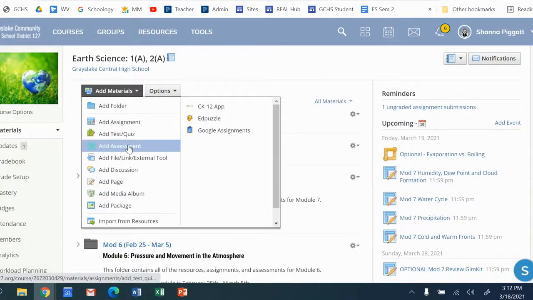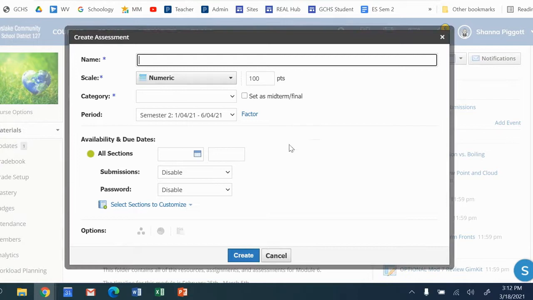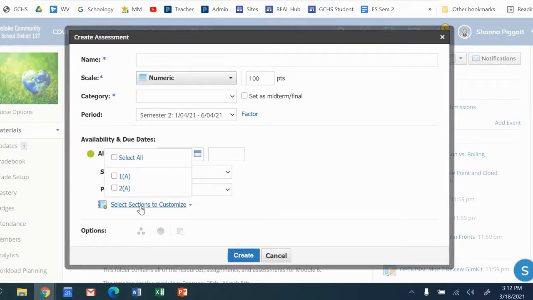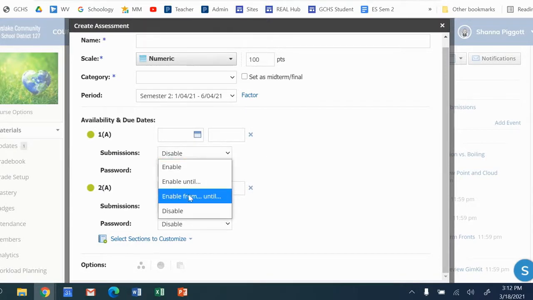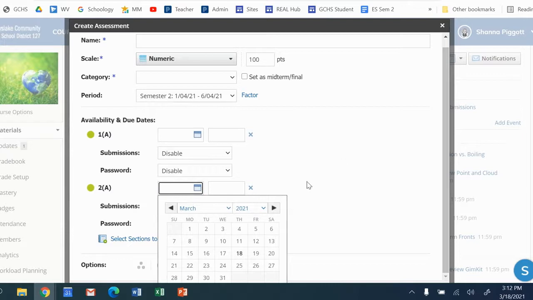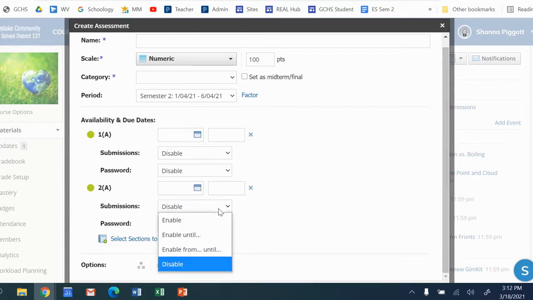The same thing can be done for assessments. When you're setting up the assessment, you can customize the sections, and it'll allow you to enable and disable from certain windows. So if you only want it available to first period on a particular day at a particular time, you could customize a different time and date for second period. With the enable from and until, you can set the specific windows for each of the class periods to be able to access that